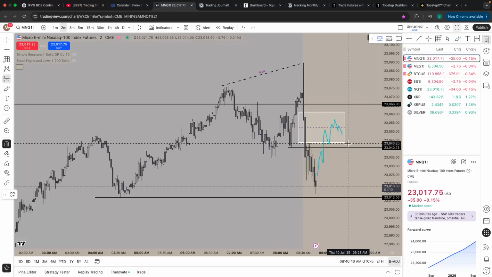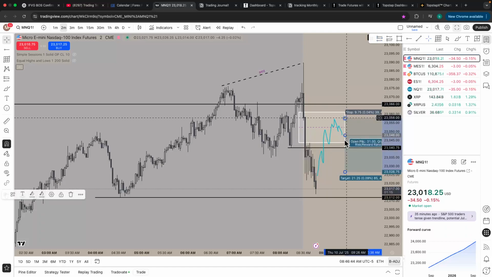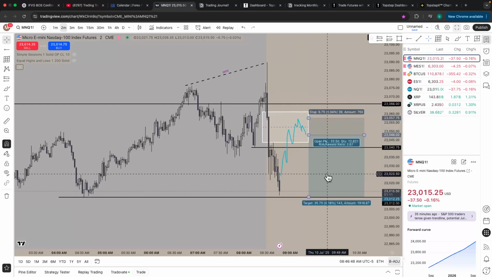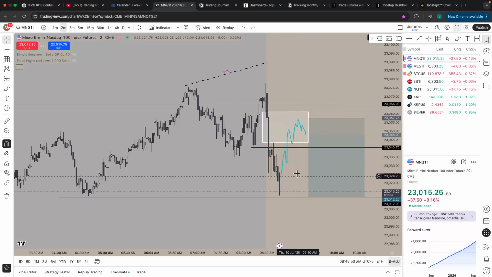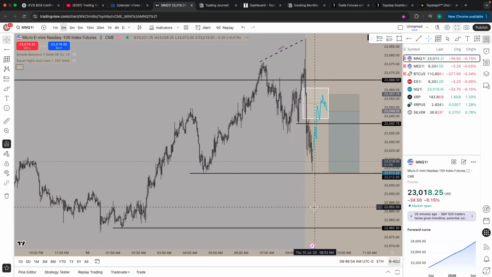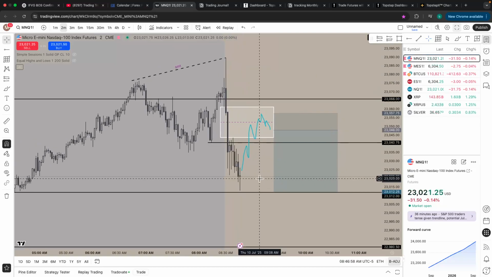And even if we got something like that, obviously it would look a little bit different. But let's say we entered in right here. Stops at the high. Target this, which is looking like it's about to get hit. That'd be like a 1 to 3. And it's looking like it's about to sweep that liquidity. It hurts, man. It hurts when you know where price wants to go. And I even called it out.